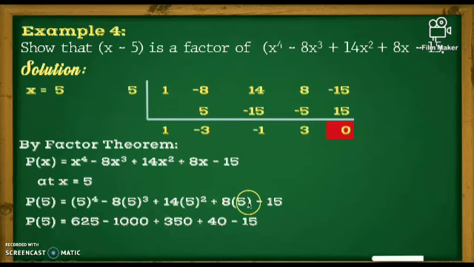And 8 times 5 is equal to 40 and rewrite negative 15. Add all the numbers, gives us 0. So the remainder is equal to 0. And it says that if the remainder is 0, so therefore